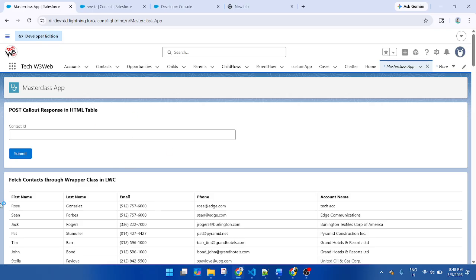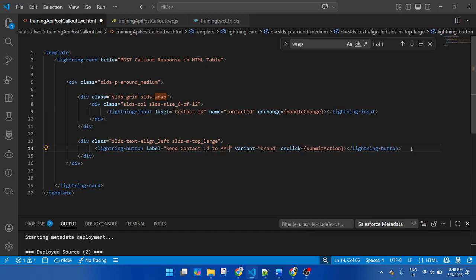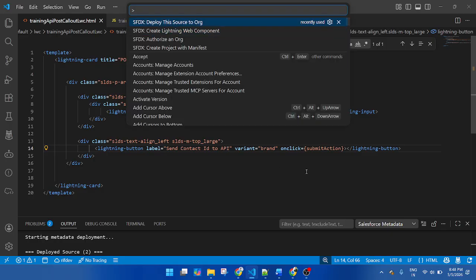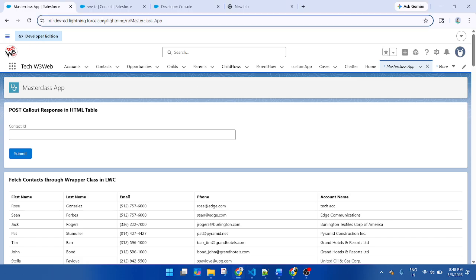Now work on the JavaScript part. Once I click on the button, I will send data to the API. You can check: send contact ID to API.